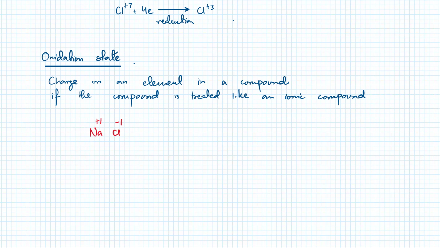But what if you have, and I'm going to write this down, someone is actually gaining electrons, so there's a gain of electrons over here and a loss of electrons over here, which is actually happening. But if you have a molecule of HCl, then they're not actually losing or gaining electrons. No one has a -1 charge. They're not forming ions. It's a covalent molecule. So why do we say Cl is -1 and why do we say that H is +1? The reason is we're going to think of it as an ionic compound because if you look at the electronegativity